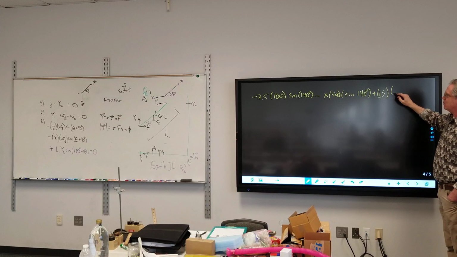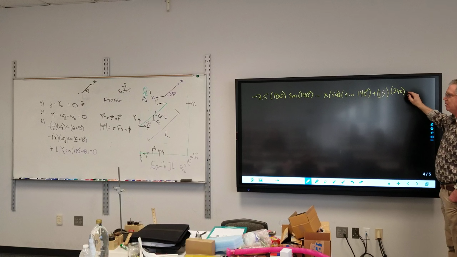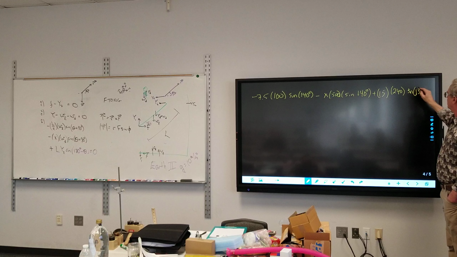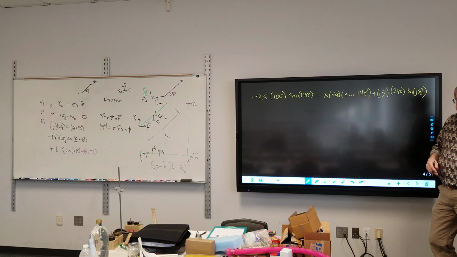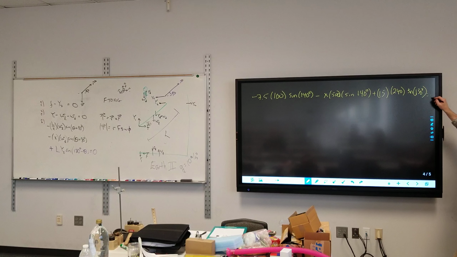So that's 15 times y2, which is 240, times the sine of 130 degrees. You're just ahead of your time. Equals 0. So now, like a jug,